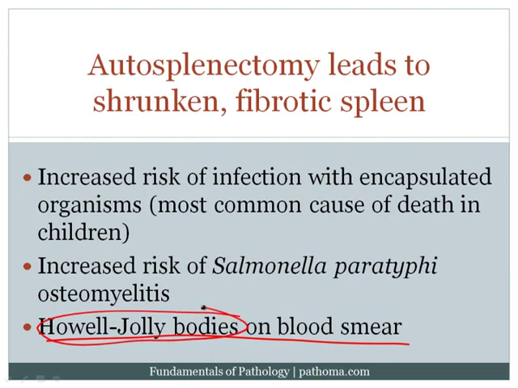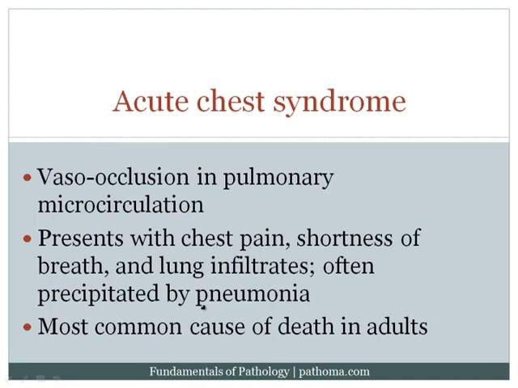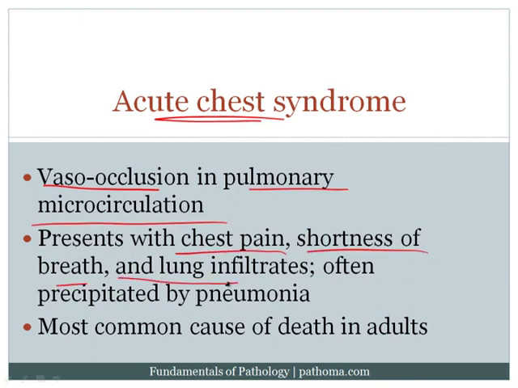Additionally, vasoocclusive crises can occur within the vessels of the lung, and that's called acute chest syndrome, vasoocclusion in pulmonary microcirculation. Classically presents with chest pain, shortness of breath, and infiltrates on the lung. It's usually precipitated by